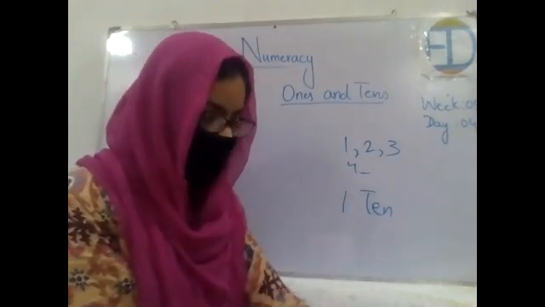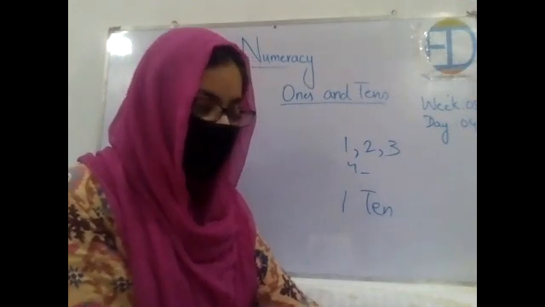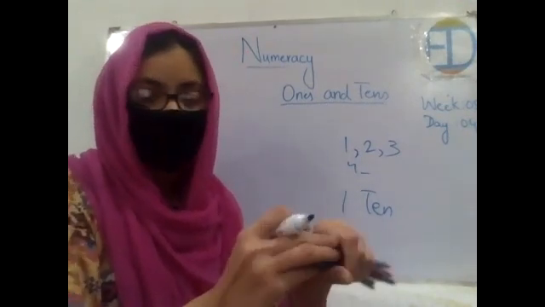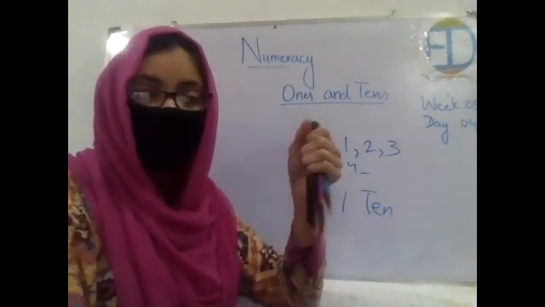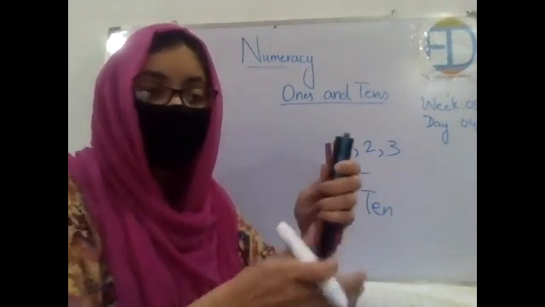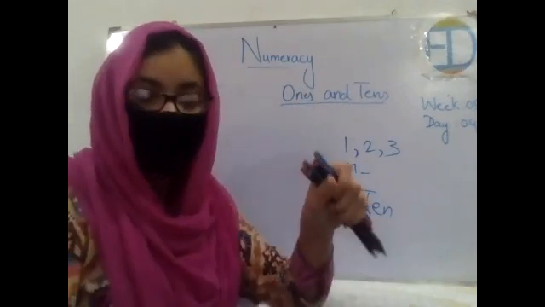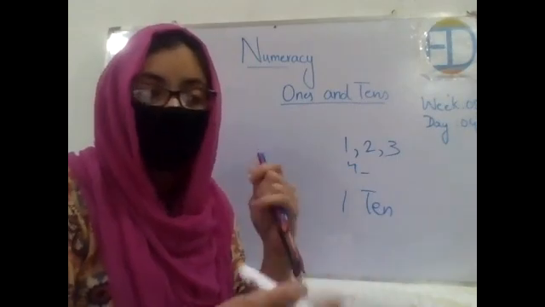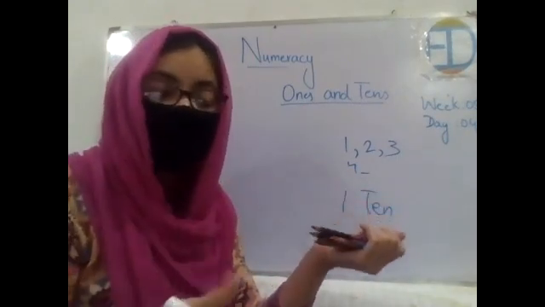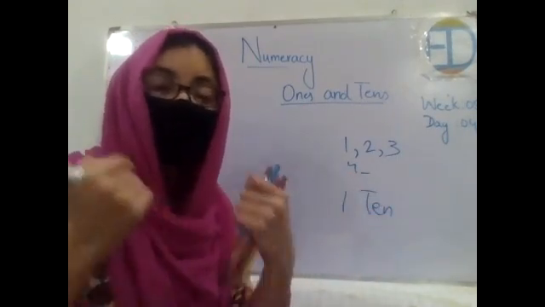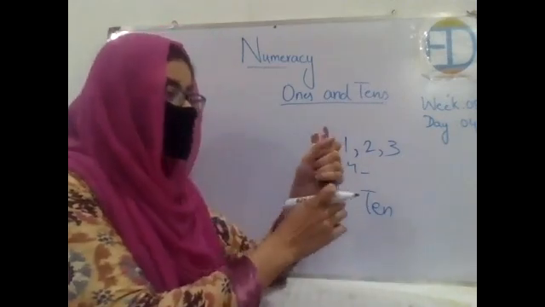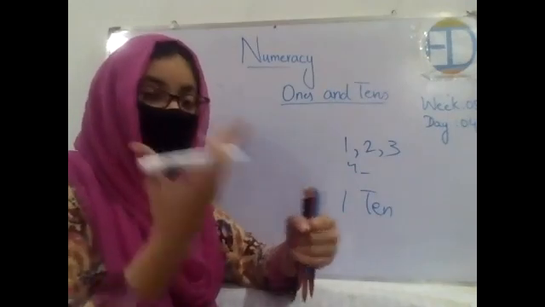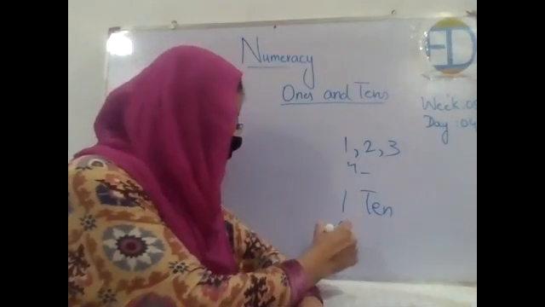Now look at this one. It's another bundle of 10 pencil colors, right? So this bundle again has 10 colors. Now instead of counting them separately as 1, 2, 3, 4, we will count it as 1 ten, or one whole. So this is the second ten. Now 1 ten of toothpicks and 1 ten of these. So how many tens do we have? 2 tens,